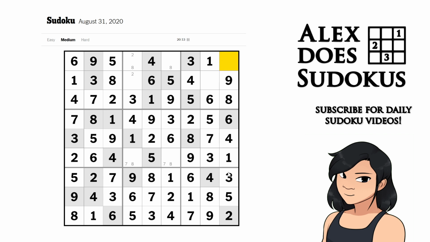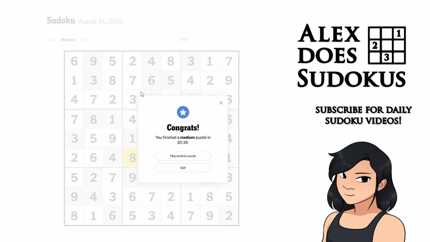So we are now left with a 7 on this column and a 2 in this cell, which unlocks the 2 and the 8, and that now has to be a 7, which resolves the 7 and the 8 over there as well. So that is how we solve today's medium New York Times Sudoku using just Snyder notations